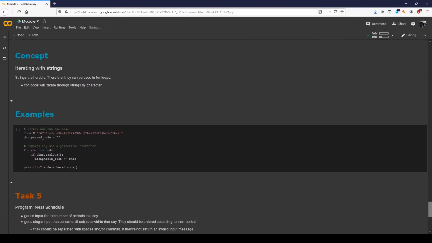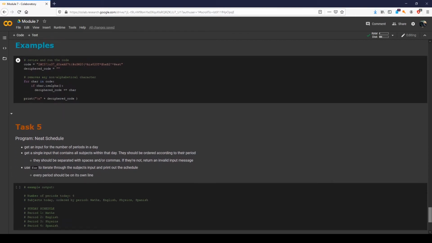So let's move on to strings and how they can be iterated through. Strings are iterable, meaning they have different elements within them that can be called using something called an index. And because they're iterable, you can use them in for loops. As you see here in this example, we have this code, and the purpose of this code is to extract any alphabetical character within it